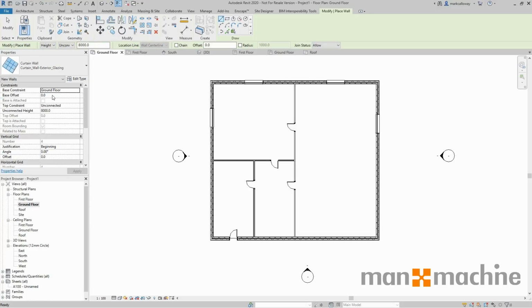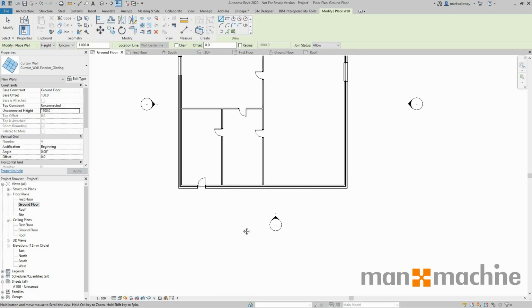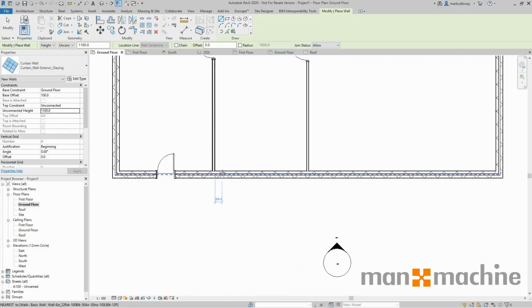The placement of the window is going to be from the ground floor. I'm going to have an offset of 100 mils. It's going to be unconnected, and the unconnected height is going to be 1100. All I need to do now is click on the wall where I want to start my curtain wall window system,